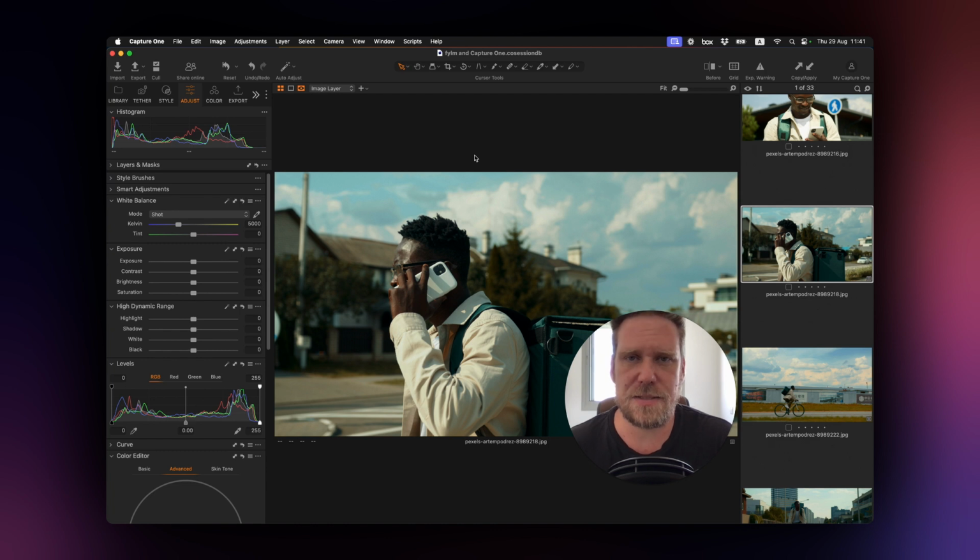But that's the aspect of the workflow, the aspect of the image that most clients rather care about and will have something to say about. Obviously, they might not say anything and they might like the color grade that you did in the first place, but they might also say something. The problem with creating a grade in Capture One is that Capture One is the first step of your image. So now from here, you export this image, you import it into Photoshop, you retouch, and then the client